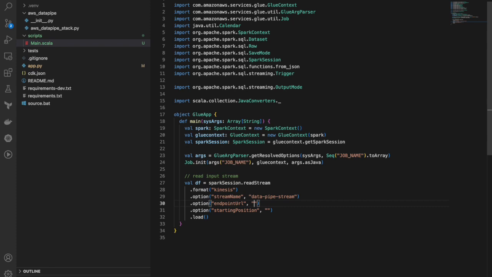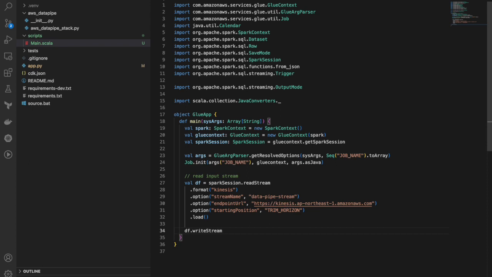And endpoint URL should be Kinesis, and the region information amazonaws.com, and define starting position as trim horizon. This is to get oldest data record in the shard. And now let's load